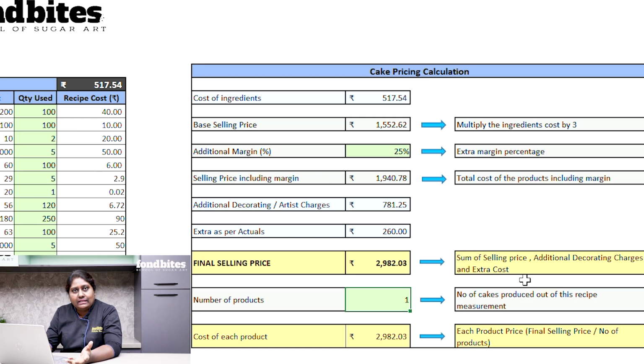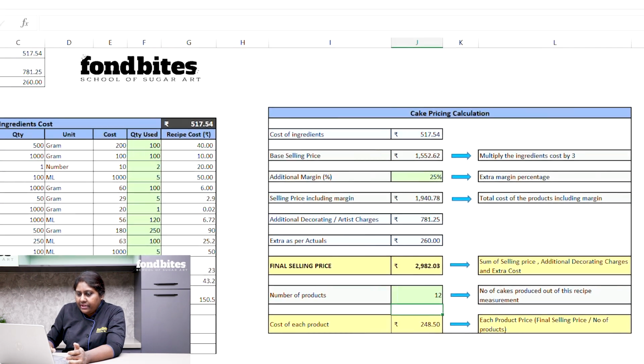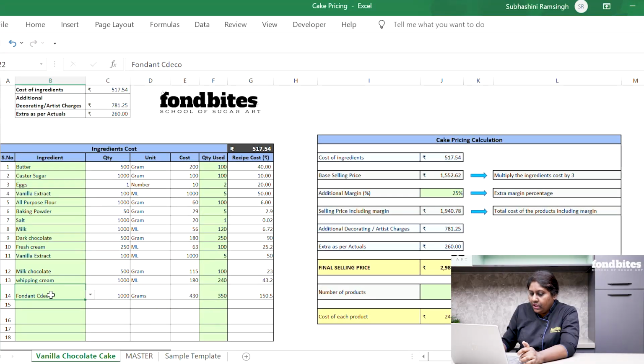It has all the figurines and all that. Just in case you are going to make the whole thing as cupcakes, then it will be 12 here. Now you decide the cost of one cupcake. Say suppose the entire recipe is going to be in cupcake form. What will happen here? My fondant